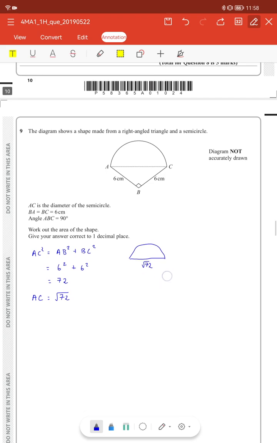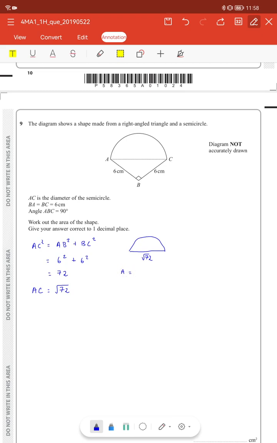Remember, that's the diameter. So the area would equal pi times root 72 over 2, all squared, divided by 2 because it's only a semicircle. And the right angle triangle, remember, we can just do a half times base times height, which would give us